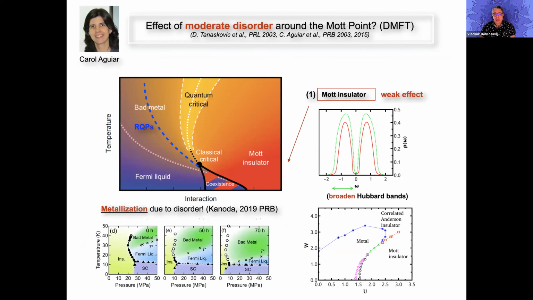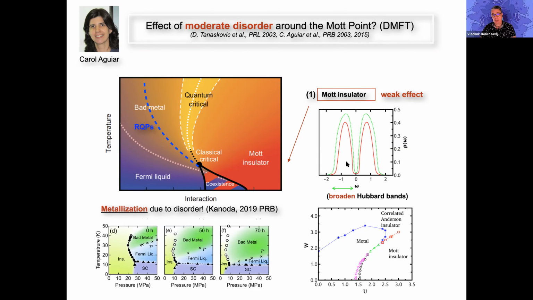So let me start my discussion from the insulating side and start by asking a question. If we have a Mott insulator, like shown here, this is the density of states that has a Mott gap. Mott gaps can be substantially large in some cases. And then you add some disorder. The disorder is always present, and you want to know what happens if you add disorder. How is the Mott insulator influenced by that? And in particular, we'd like to know how the charge gap changes.